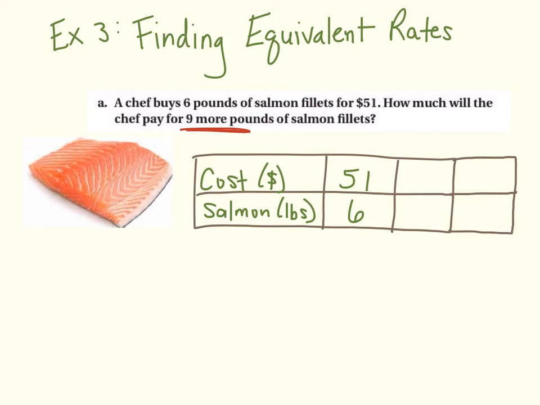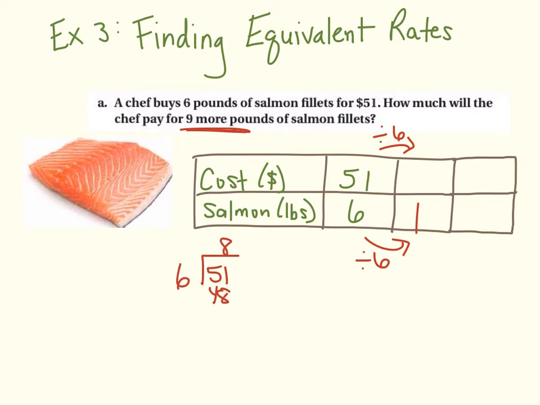And the best way to do this is going to be to find that unit rate of how much it costs per pound. And so if we do that, we can divide by 6 here, and then we would divide by 6 up here. And this one is going to require some side math on your part, so just remember to set up your 51 and divide it by 6. And then we know 6 isn't going to go into 51 evenly, but if we started at 8, it would go